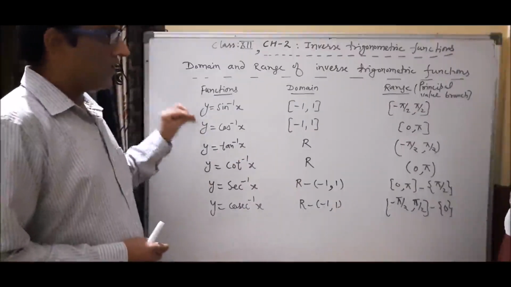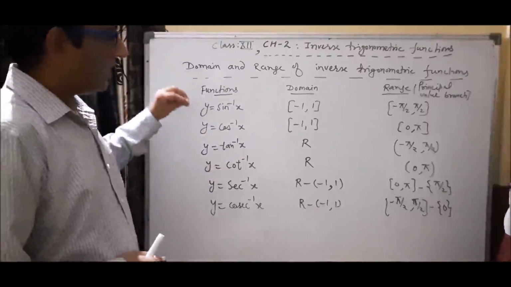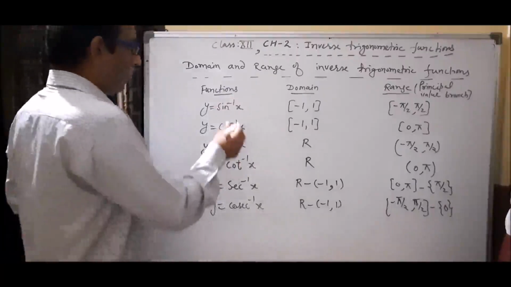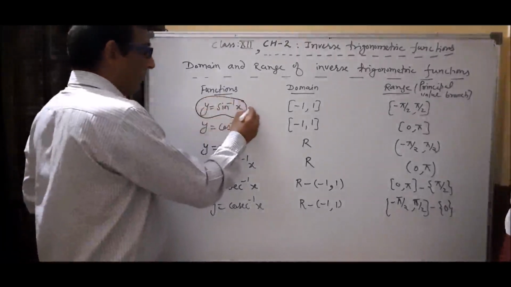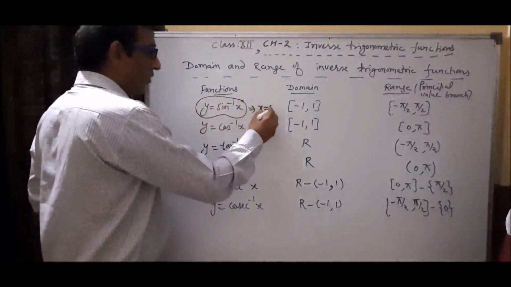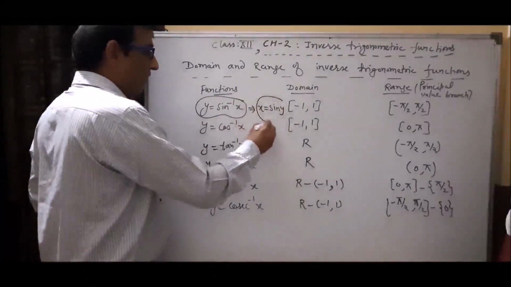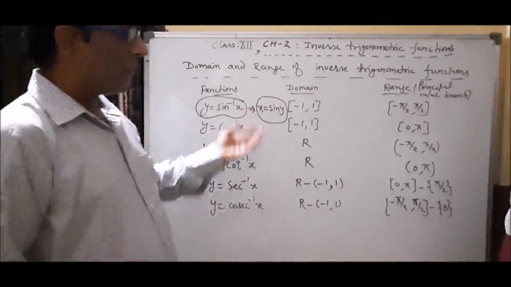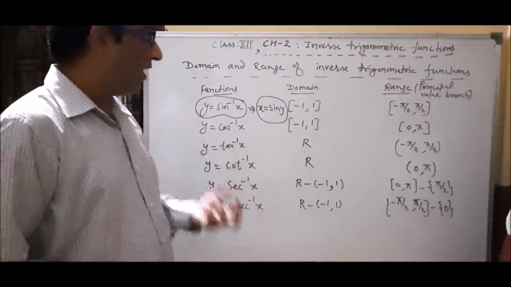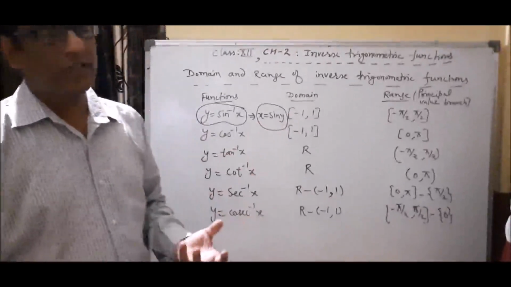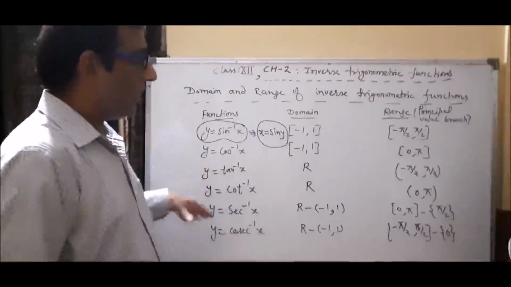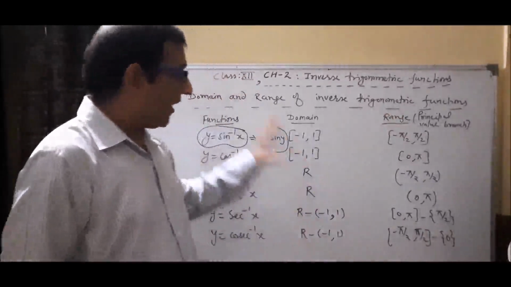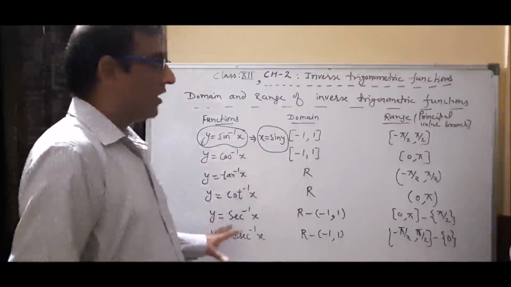So if the table related with trigonometric function is clear to you, then you will easily write the domain and range of inverse trigonometric function, because we know very well y equals sine inverse x can be written as x equals sine y. So if we put different values of y, then we will get different values of x, and we know this thing, x is related with domain and y is related with range. So with the help of this table, we will identify any value related with domain and range. Range is also known as principal value branch, and this table is very important for solving questions related to principal value.